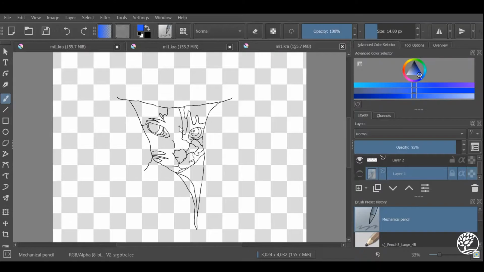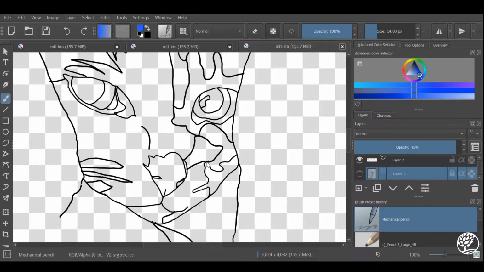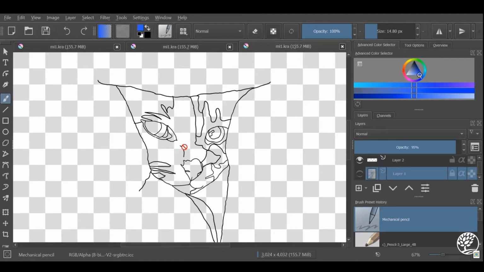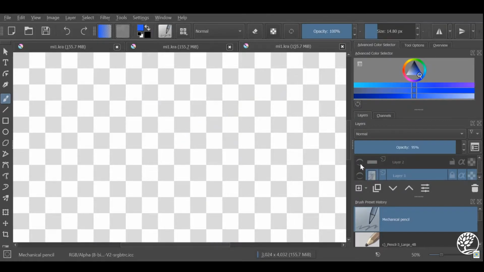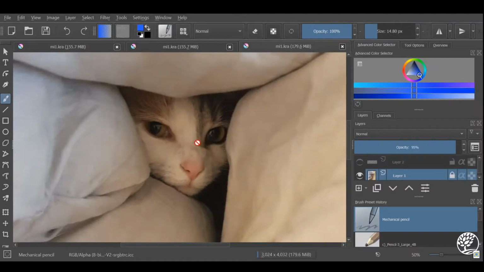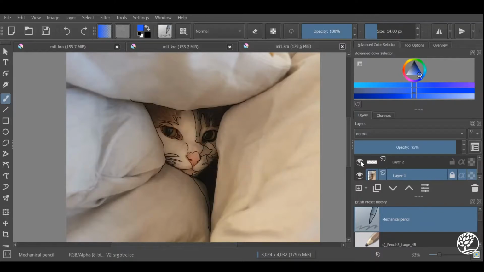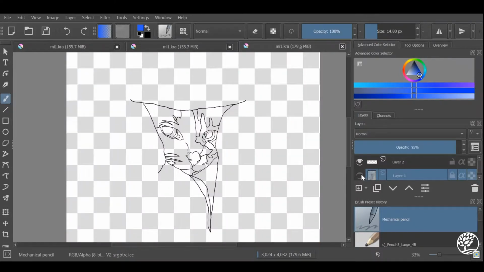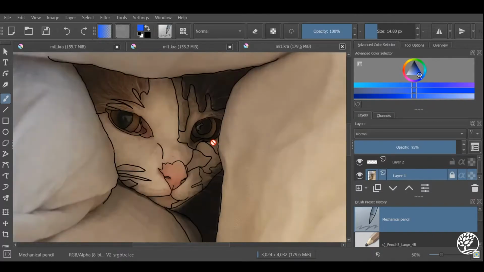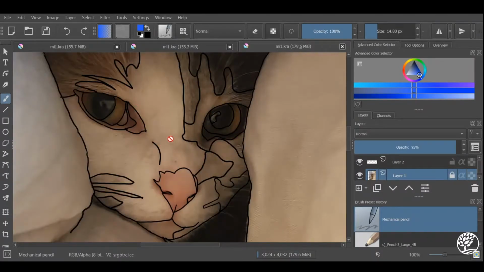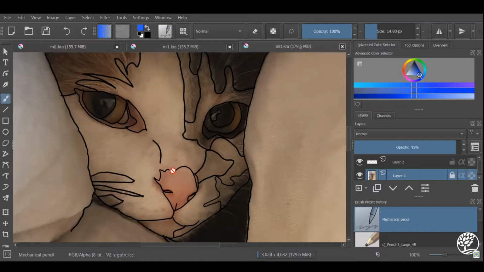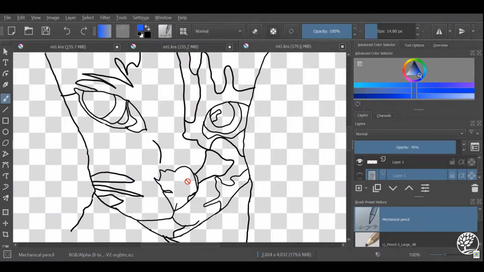And what we have is some line art. I'm not sure if you can tell what this is on your end, but this is actually a cat here. This is my cat, and I'm going to hide the line art and show the picture. This is my cat, Eliza. So her beautiful face I have turned into line art here, as you can see. And what I'm going to do is use this program to color in these little sections of her face that I've made here. So I'm going to put in some pinks where her nose is, some black where her irises are,